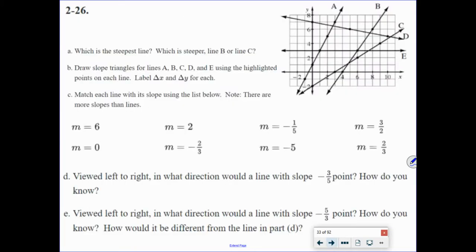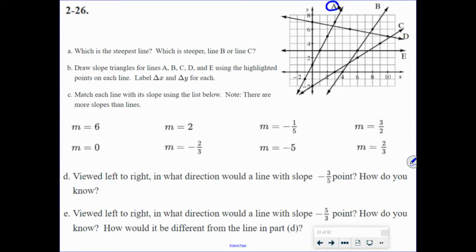Okay? We're going to move on to 26. Now, I'm going to start 26 with you. You're going to finish it. Okay? 226A. Which line is the steepest? Which is steeper, B or C? So let's look first. Which one's the steepest there? Is it A? Is it B? Is it C? Well, if you look really carefully, the steepest line would be